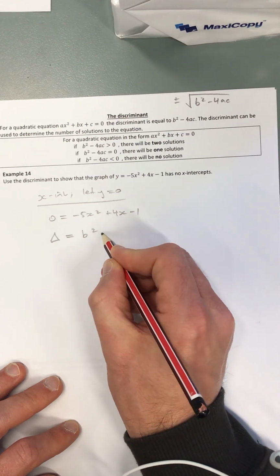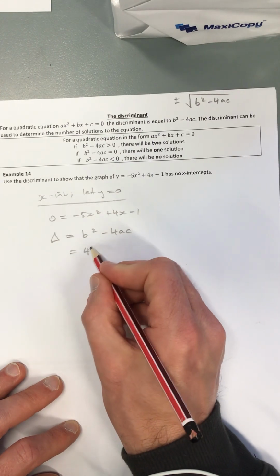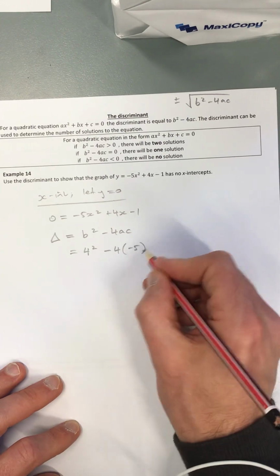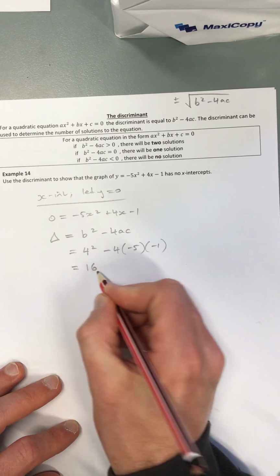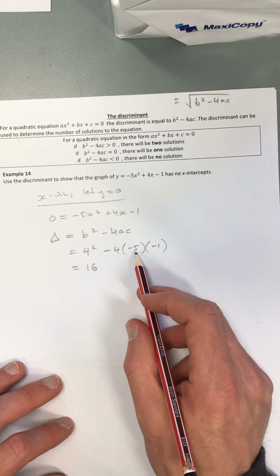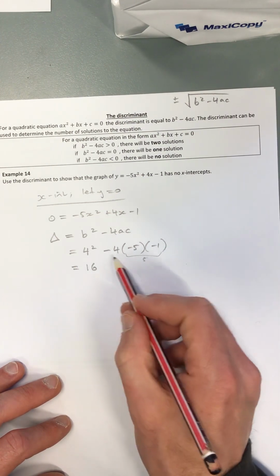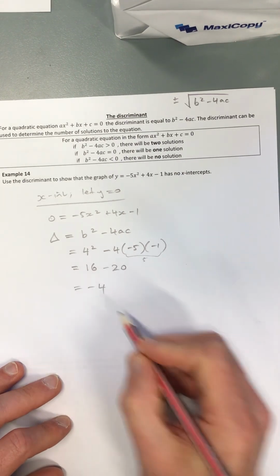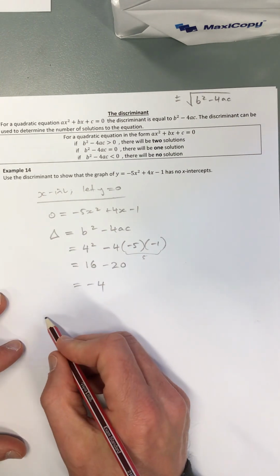So the discriminant equals b squared minus 4ac, which in this case is 4 squared minus 4 times negative 5 times negative 1, which is 16 minus... well, negative 5 times negative 1 is going to give us positive 5. So minus 4 times 5 is minus 20. So the discriminant is equal to negative 4. That means if we were going to try to solve the equation, we wouldn't actually be able to do it. So since the discriminant is less than 0,